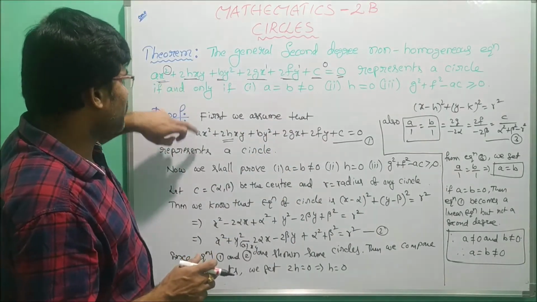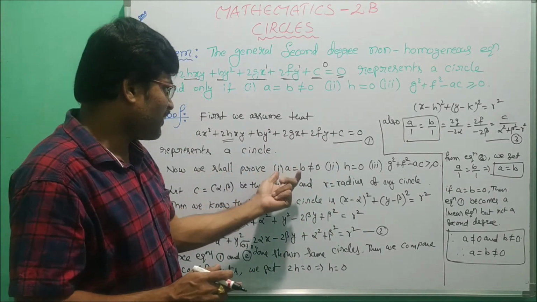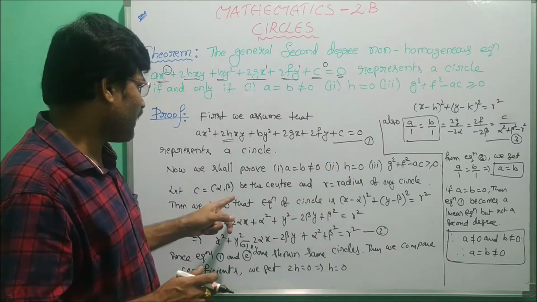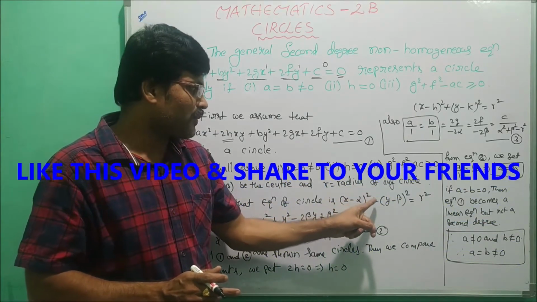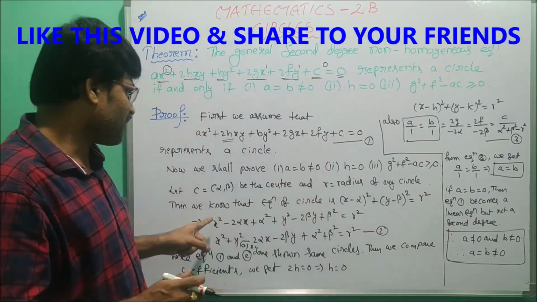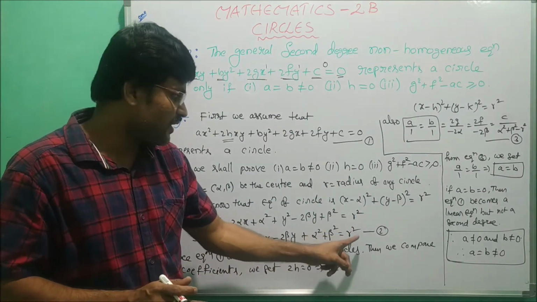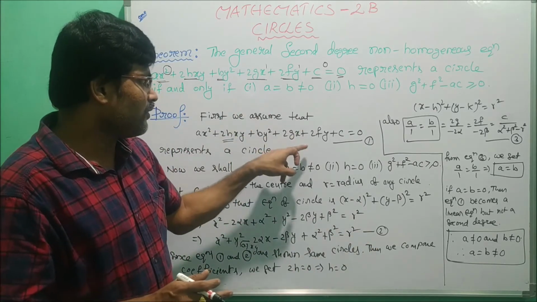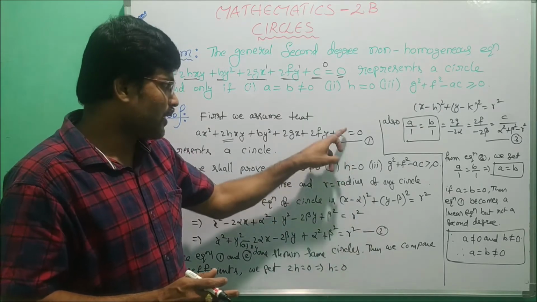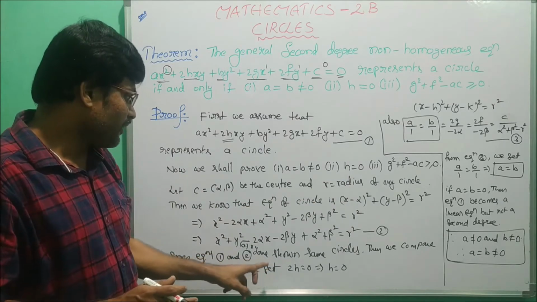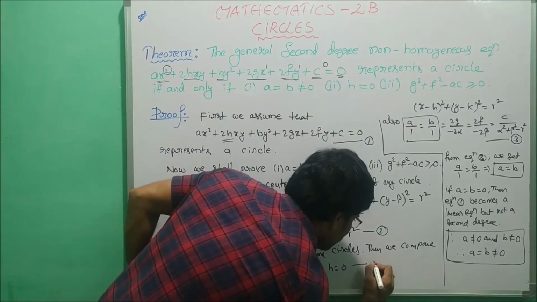So here we consider the given equation is a circle, then we prove the first condition and second condition. Here we take a center and radius, and the equation of the circle is x minus alpha whole square plus y minus beta whole square equals r square. Now it can be expanded, then we get x square plus y square minus 2 alpha x minus 2 beta y plus alpha square plus beta square equals r square. Now we observe the given equation 1 and the already found equation of the circle, that is 2. Comparing the coefficients, we get 2h equals 0, here h equals 0. This is the condition 2.